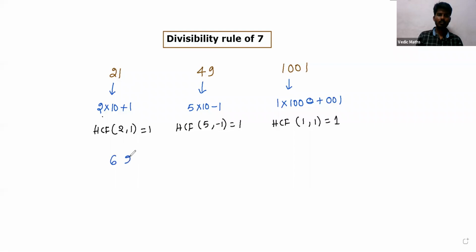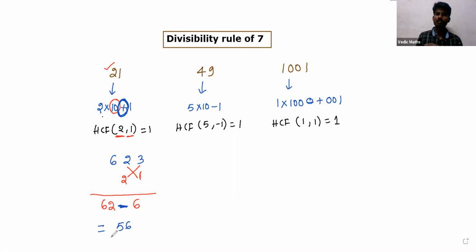Suppose 623 is there. First I am performing the divisibility test using 21, a multiple of 7. So we have 10 here. The unit place digit we take as one group, and the remaining digits as another group. Here below I am writing 2 and 1. After that, by using the crisscross method, I multiply 62 with 1, so it gives 62. After that, 2 times 3 gives 6. The very important point is that we have a positive symbol, so here we have to subtract. Then we get 56.